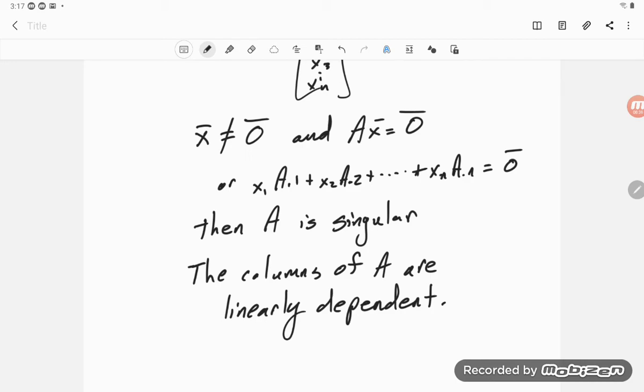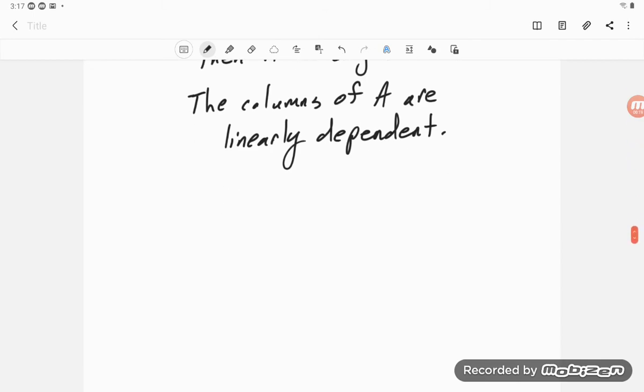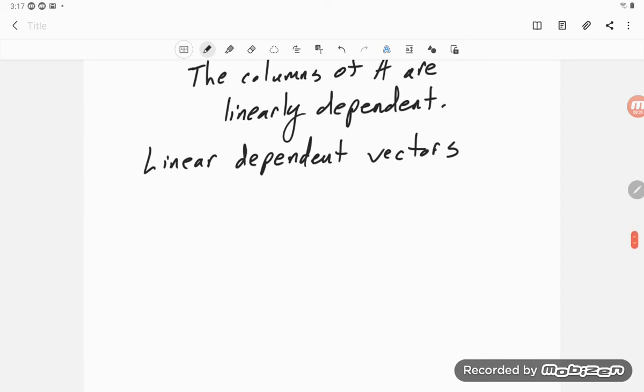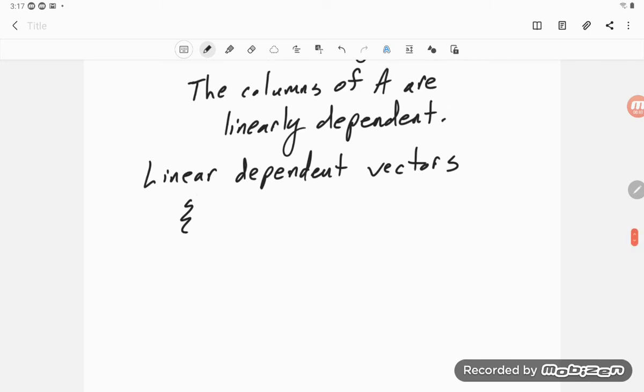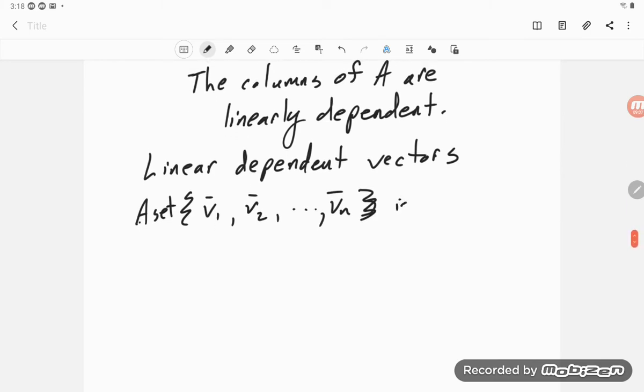So this text throws a lot of vocabulary in as remarks and so forth. So let's just make sure we have that linear dependent vectors. Okay, they're a set of vectors, and usually let's use v's, set of vectors, v1, v2 up to vn. Now this corresponds to the columns of that A matrix. A set V is linearly dependent